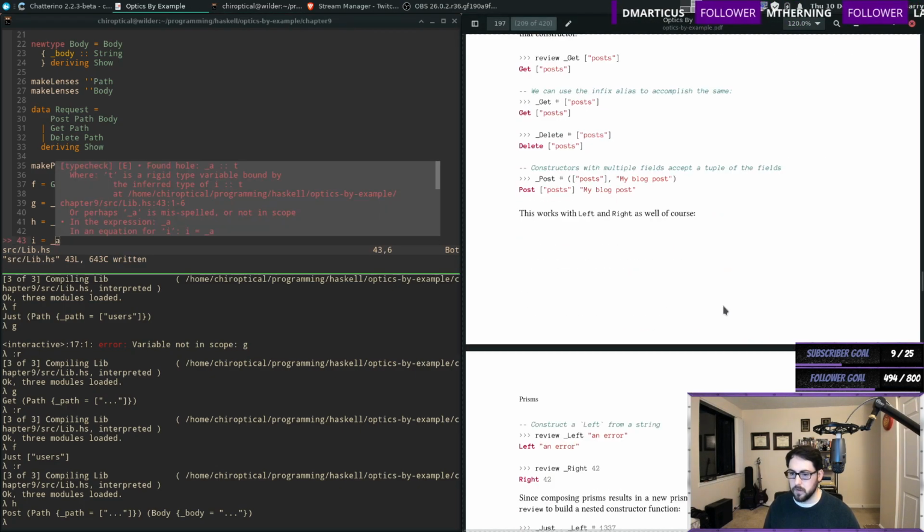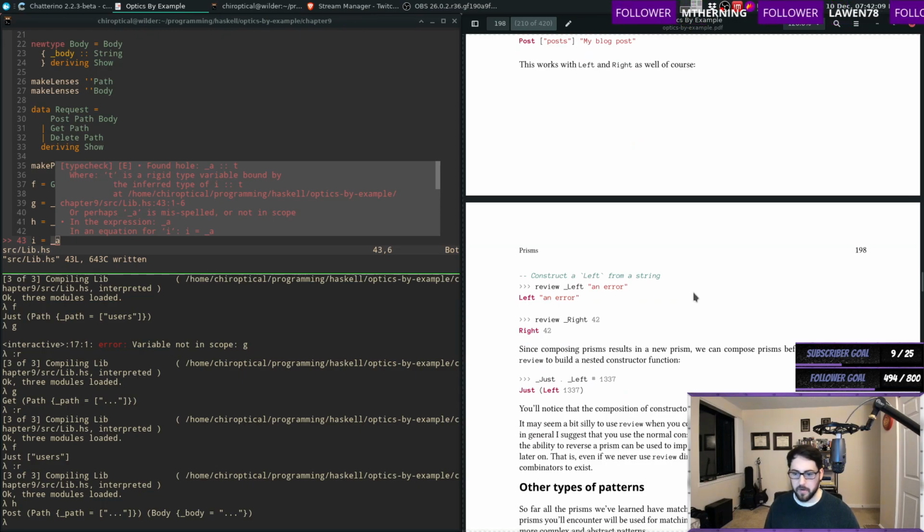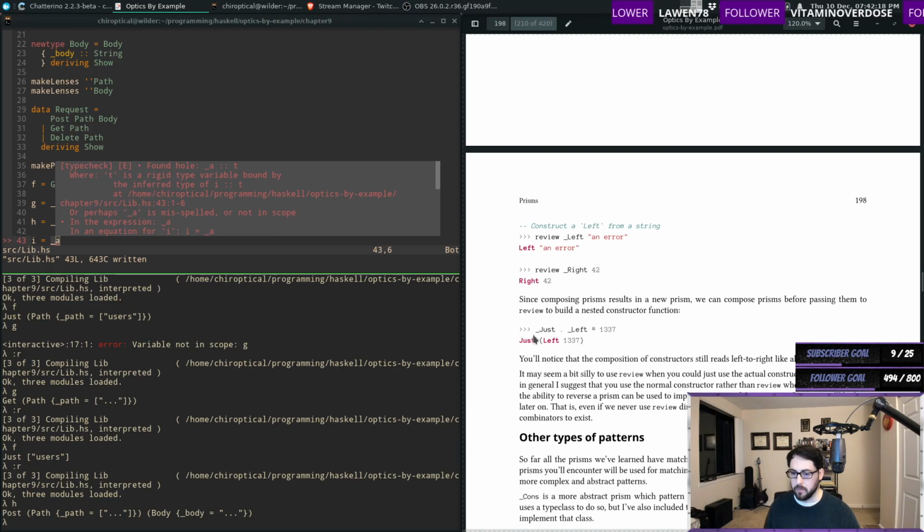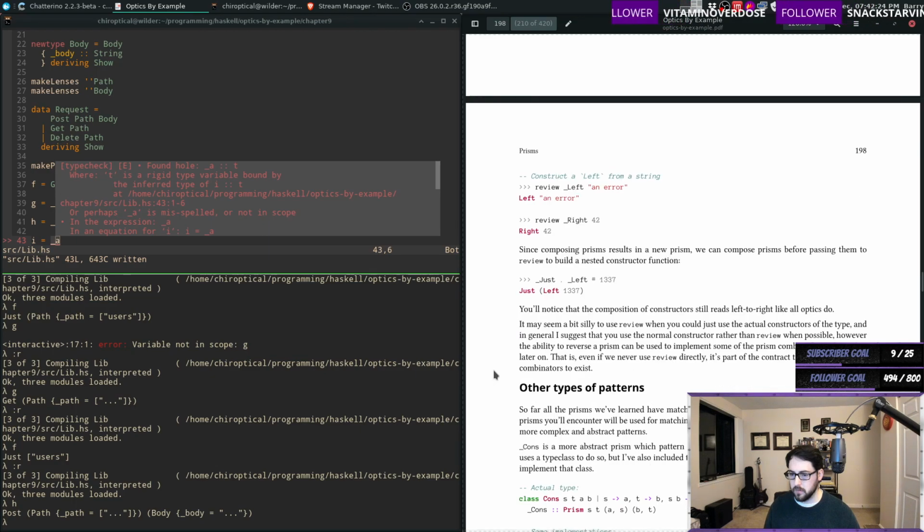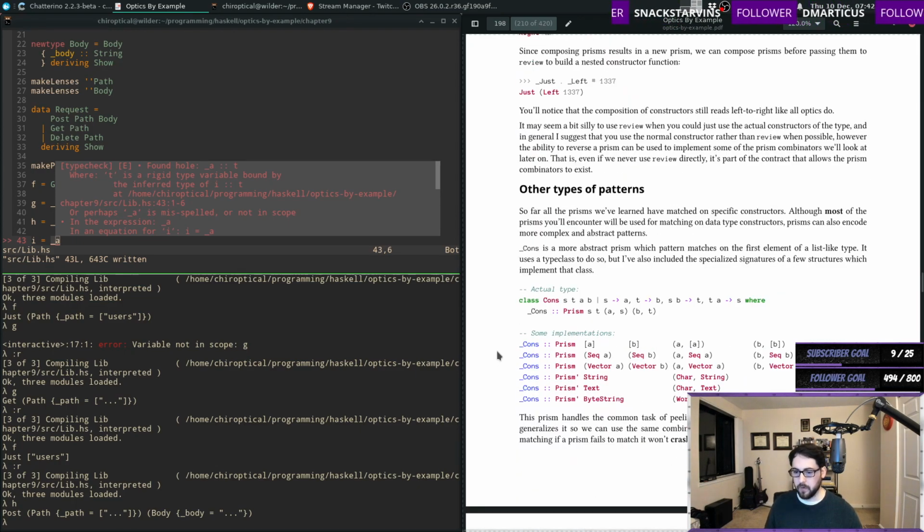Okay. Sure, we can construct errors or actual values or embed things together. I'm sort of hoping that there's going to be a really cool use for this that I don't understand yet, because this all seems kind of straightforward right now. Oh,